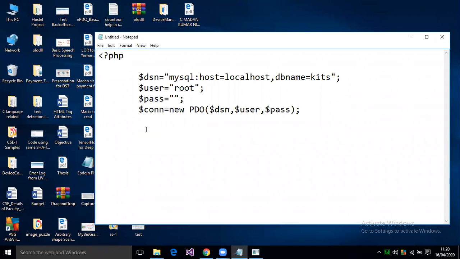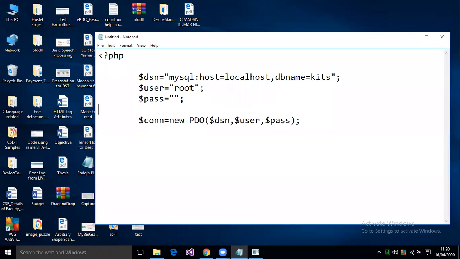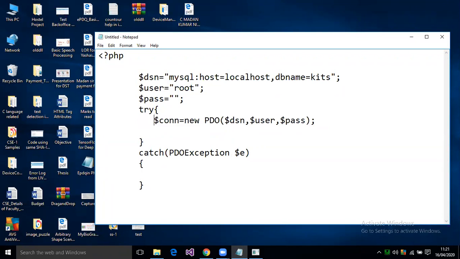So here this can throw an exception. While creating a connection to the database, it can throw an exception. That is the reason PHP provides an object-oriented approach, where you can write a try and catch block. This catch block can have a PDO exception, like $e. You need to remember that this can definitely throw an exception, so there should be a try and a catch block.